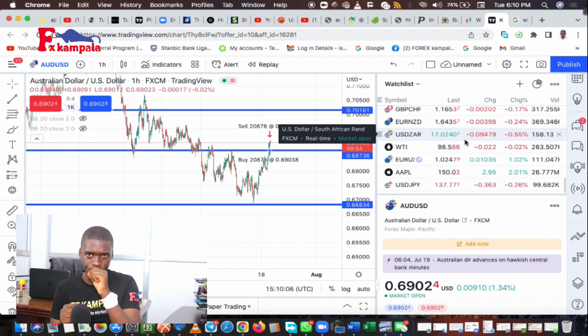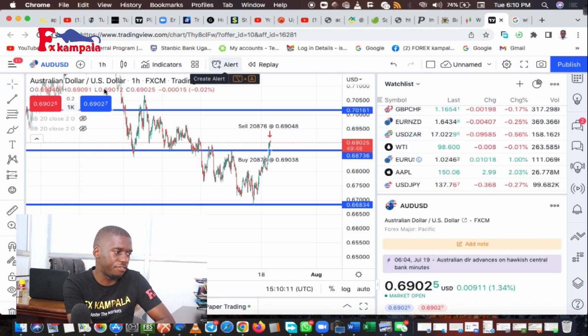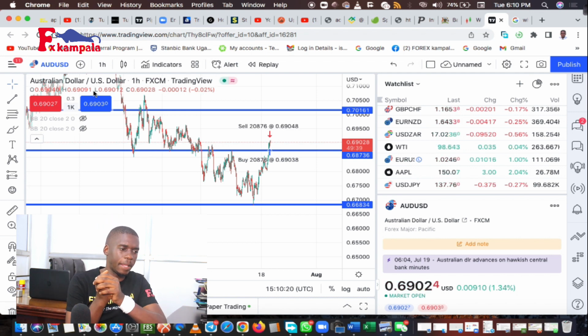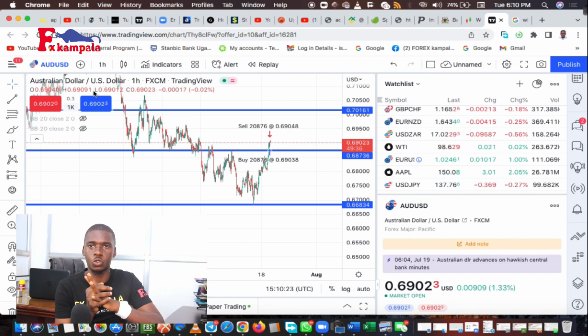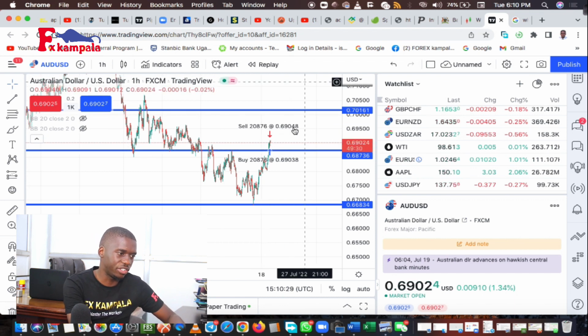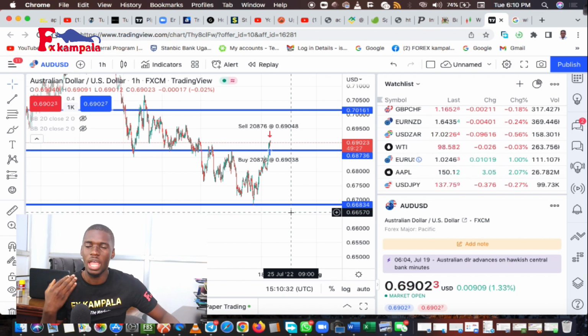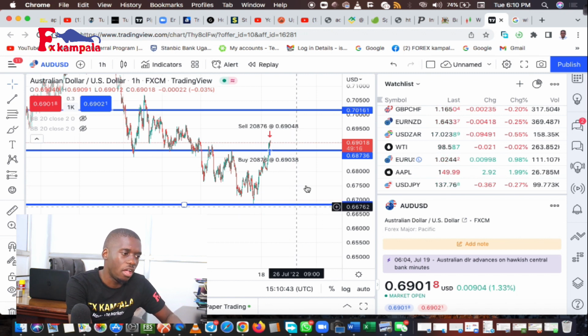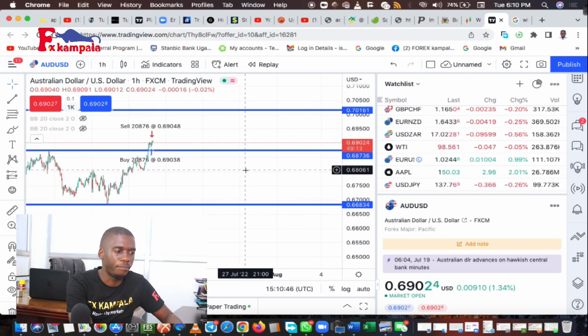Our main concern here is how can I trade on TradingView? Well, the pair that you see on TradingView here is the Australian dollar, US dollar. Some people call it Aussie dollar, Aussie USD, whatever. So this is the pair, and on this pair we're going to buy, of course, after looking at the different key levels that we have in the forex market. So this is a key level, this is a key level, this is a key level. According to our key levels and this particular strategy, we expect this Australian dollar USD to gain in value. So therefore we're going to position ourselves for a buy on this particular instrument, which is